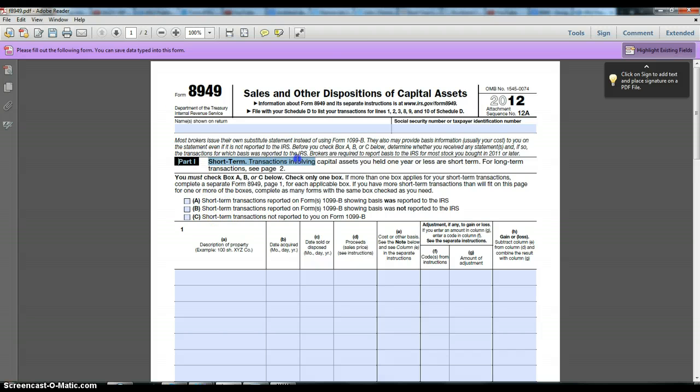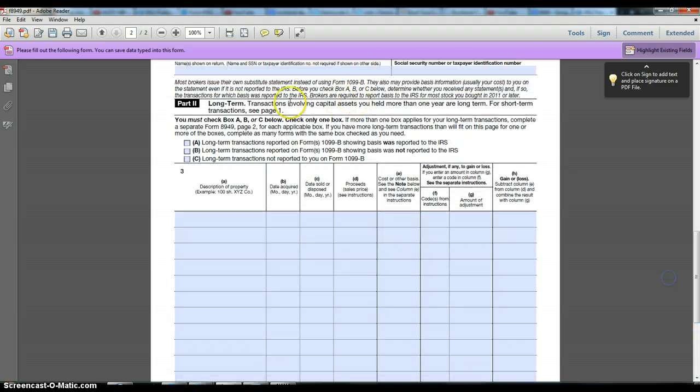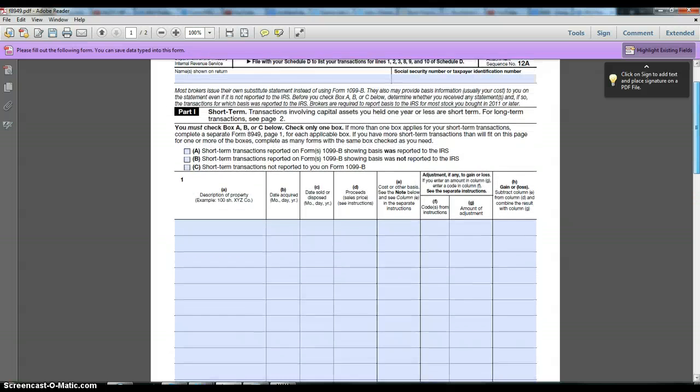Right now, Part 1 of the 8949 deals with short-term transactions, or basically things that you've held for less than a year. So if you bought this January 1st of the year, you would probably sell it January 2nd of year 2, just to be safe, adding the next day into it. Part 2 of this form deals with long-term transactions, or ones that you've held for more than a year. Now, the tax treatment of both of these I'll go into later, but in terms of looking at the actual form,